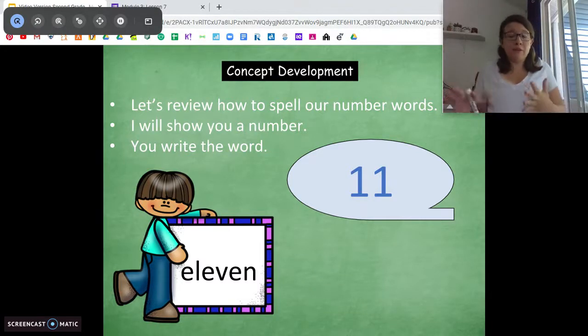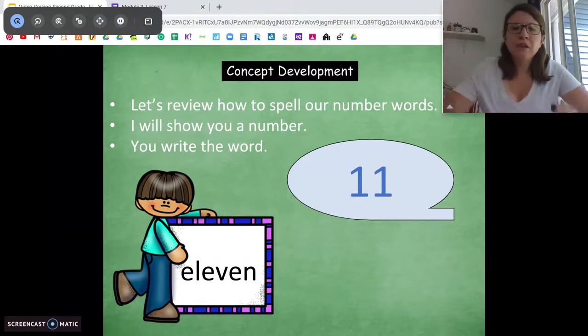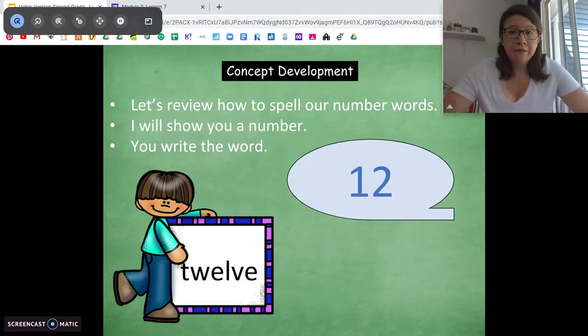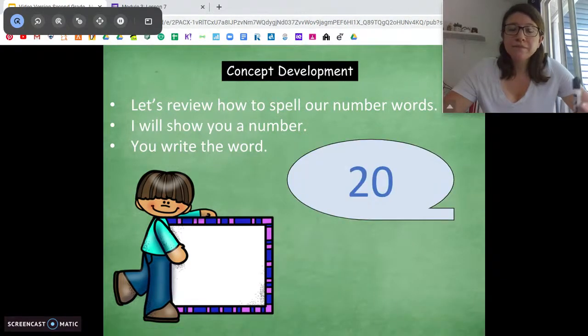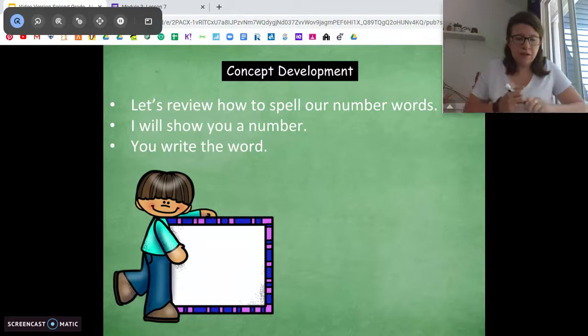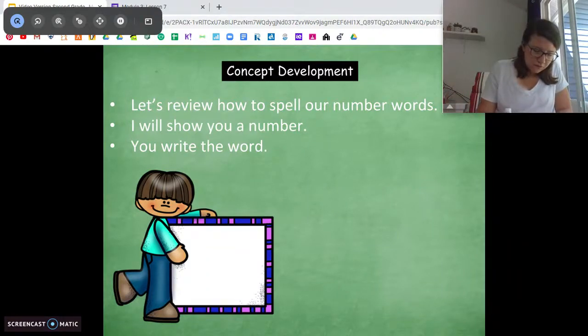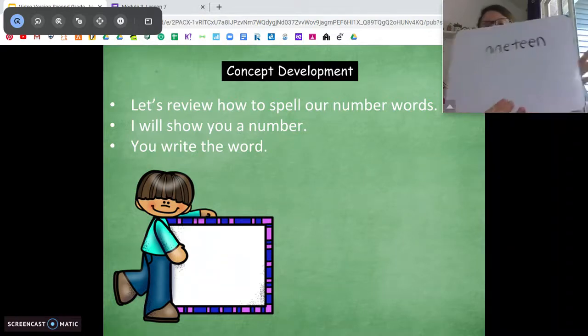Ready? Let's go over it. I'm going to go through these a little bit slower so you can make sure you have your spelling right. If you don't have your spelling right on your paper, just fix it. No big deal. So this is how we spell 11, 12, 13, 14, 15, 16, 17, 18. Oh, where's 19? I don't know where 19 was. I'll write that on my board for you. 19,